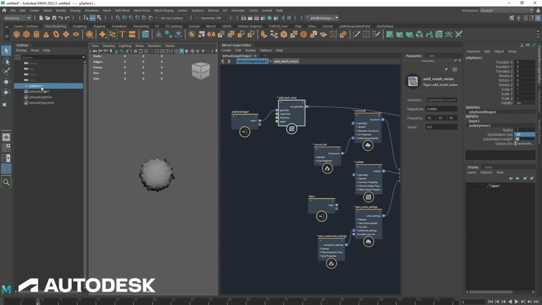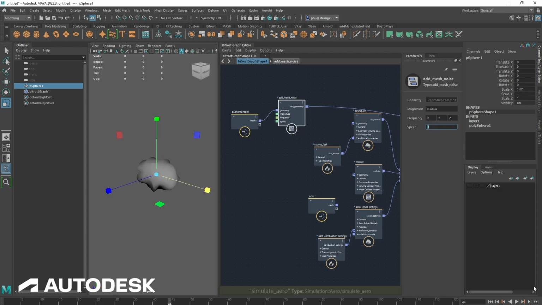And then I might give it a slightly more odd shape, and then change the frequencies a little bit. Something like 2. And when I play now, it's undulating. I like that word, undulating. And we can change the speed of it as well, so it's doing something. You can play around with this to your heart's content and get a shape that works. Now, we're going to be emitting fuel from this object, and it's going to hit our air temperature, and it's going to create